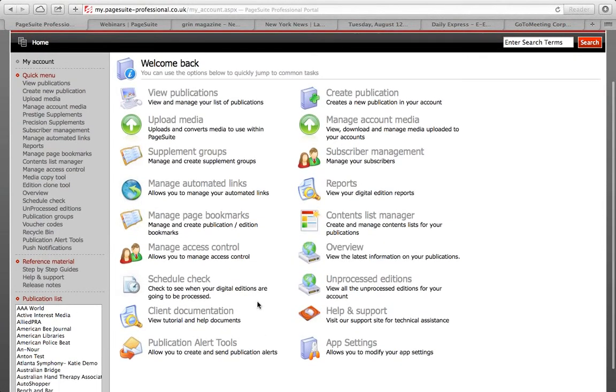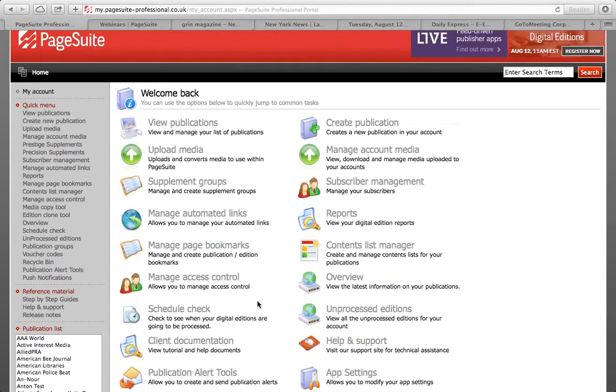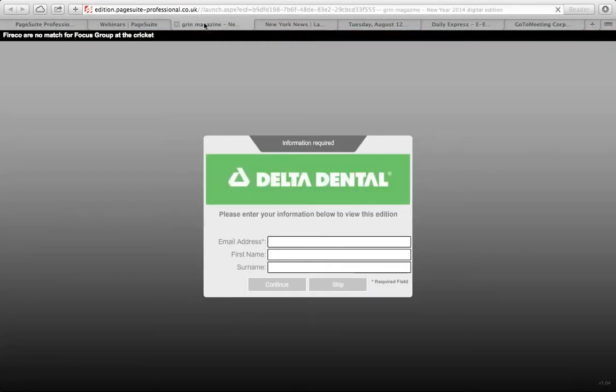So the back office, like I said, has about 600 standard features, but I'm just going to go into some of the additional features that you can add if you would like. So these are actual PageSuite clients that I'm about to show you. The first one I'm going to show you is Delta Dental. I'm showing you this one because